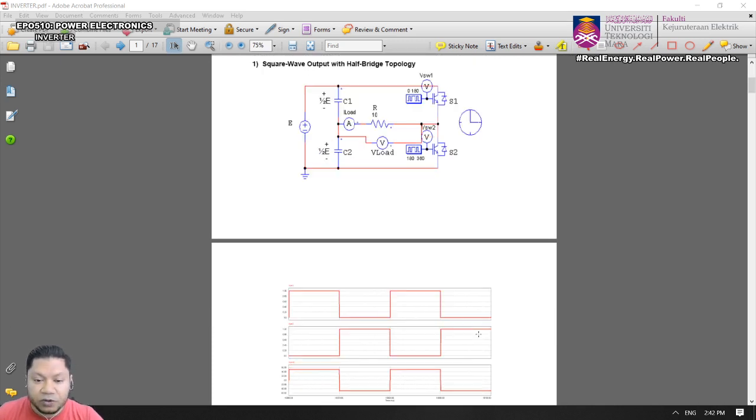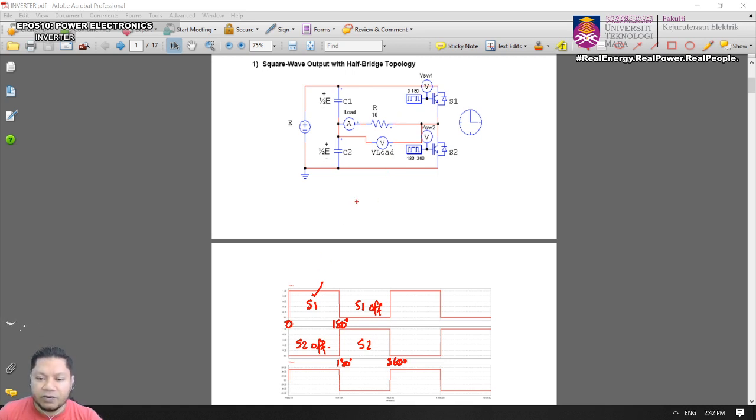Okay, so here you're going to turn on switch 1 from 0 to 180 degrees, and then you're going to switch on switch 2 from 180 degrees to 360 degrees. Okay, so during this time, S1 is off, and during this time you're going to see S2 is off, isn't it? Okay, so whenever switch 1 is on,